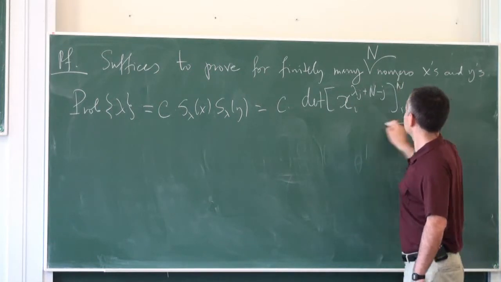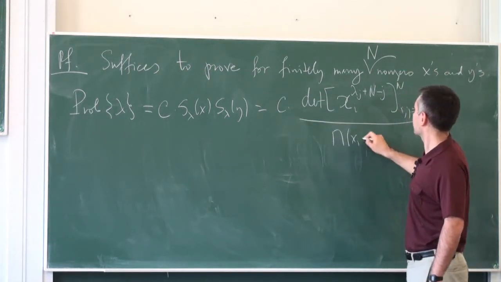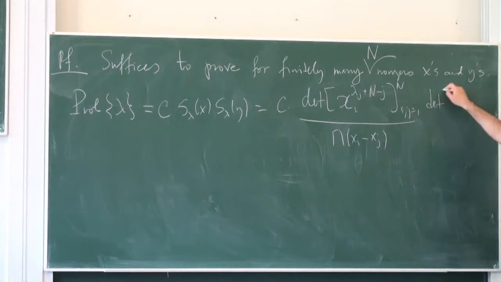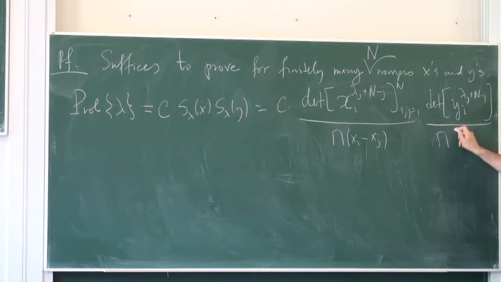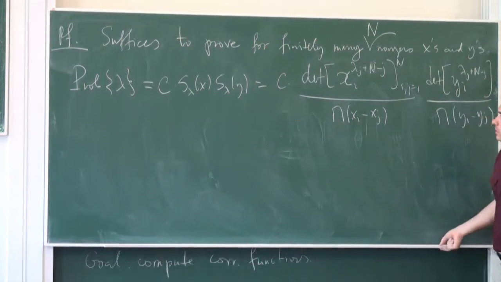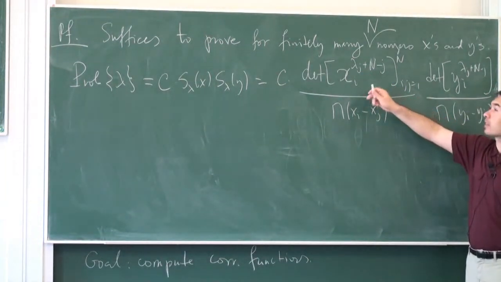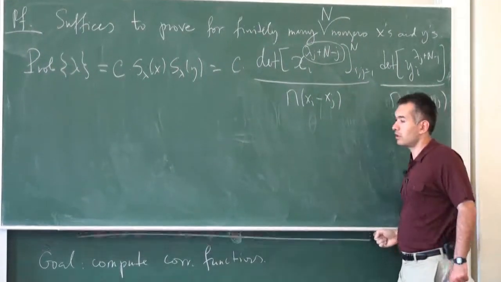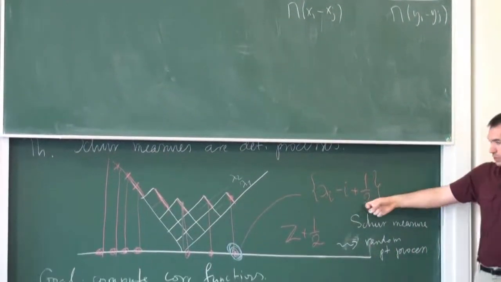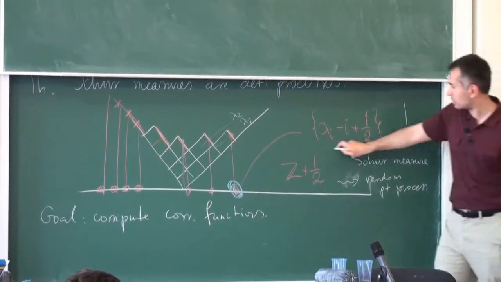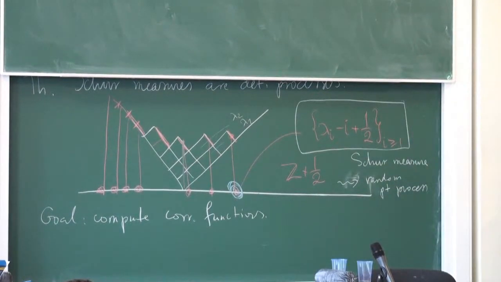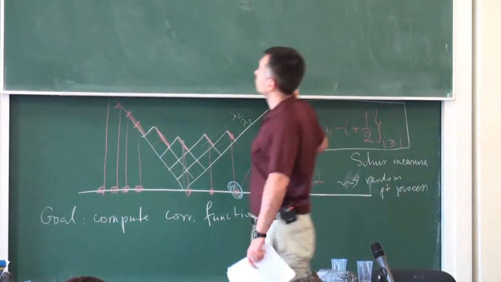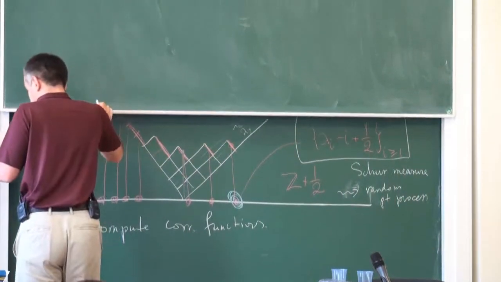So this is my definition: two determinants divided by two Vandermonde determinants. Now what is random here? The random object is lambda. This is just the shift of the collection of lambdas. So in this geometric picture, I'm interested in these numbers. And what I'll do, I'll introduce the